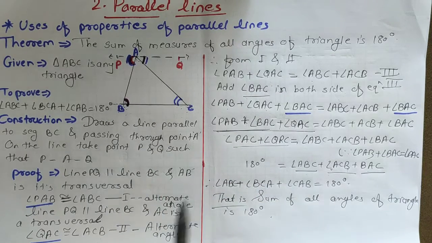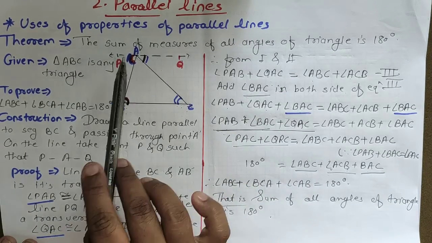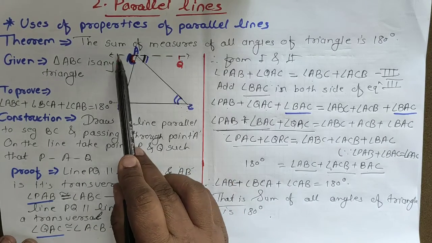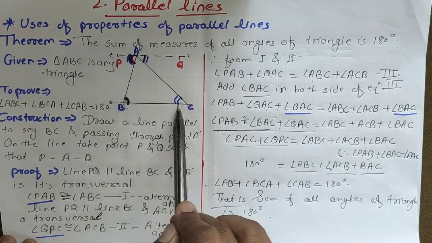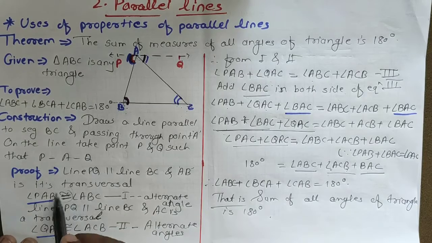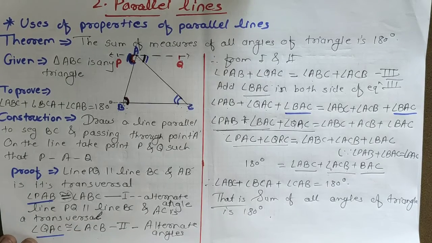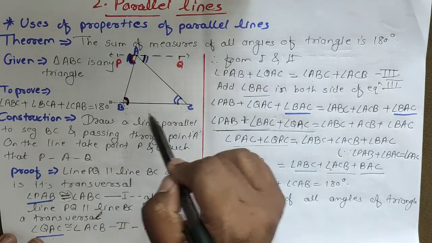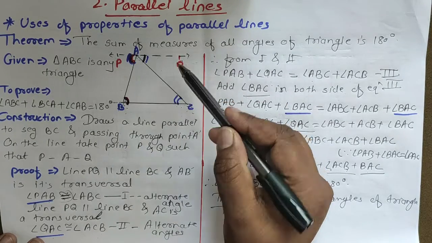is equal to 180. And for that, what we had done: first of all, we have to take PA parallel to BC, and take AB as a transversal and show angle PAB is congruent to angle ACB. You should show congruent here, otherwise an equal to sign is also okay. And see here, same thing: PQ is parallel to BC and we have to take AC as a transversal and show